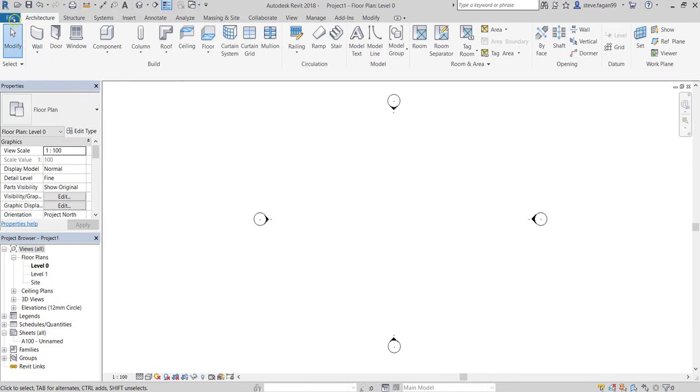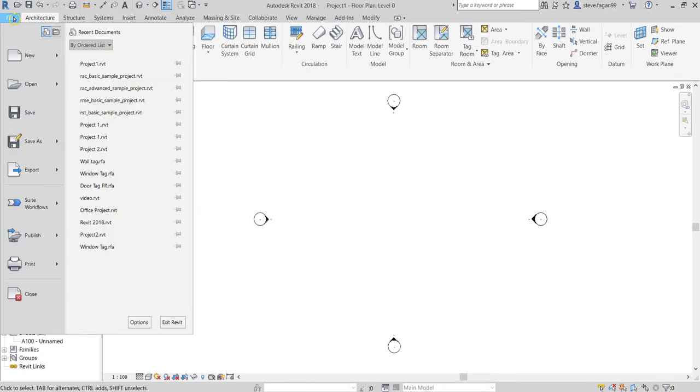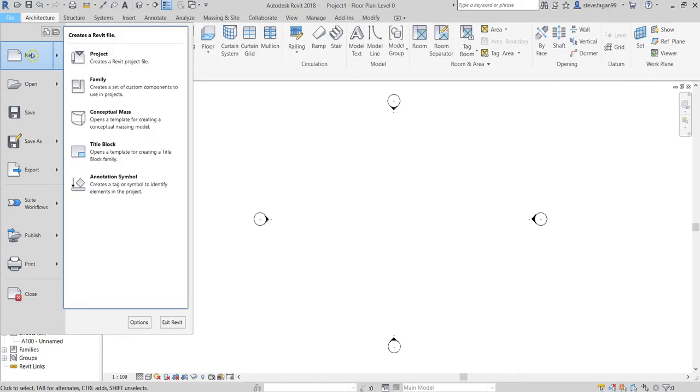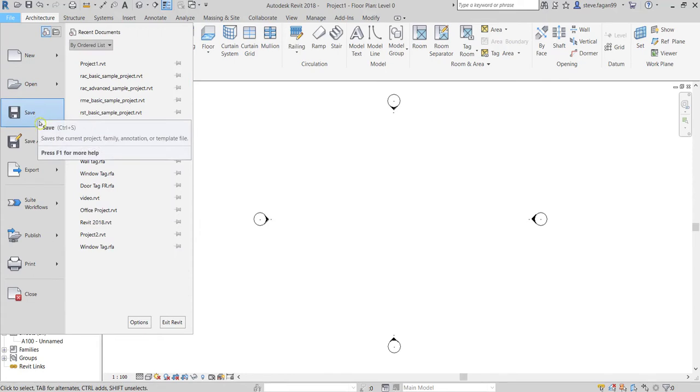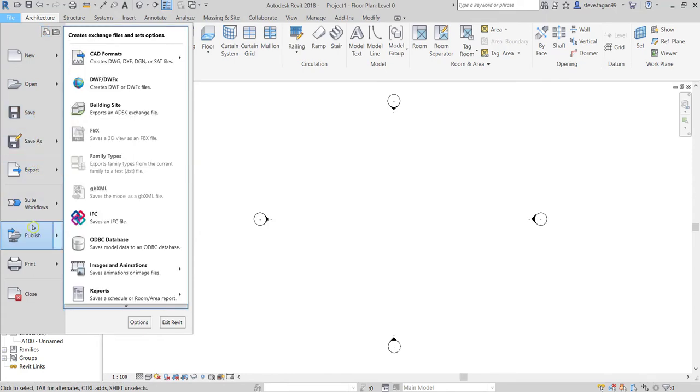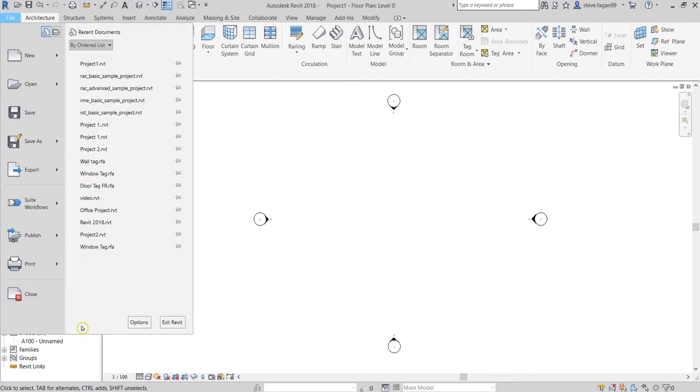The first thing I'm going to be looking at is our File tab. Within the File tab, it's very similar to the majority of programs nowadays, where we have New to create a new project. We can open, we'll go into our Common Drive. We can save like we've just done, Save As, Export, and so on. When we come down to the bottom and have nothing selected, in there you can see the various different projects that I've recently opened. And the one at the top is our current drawing. Whenever we open up new projects, it's going to pull this project down the list.